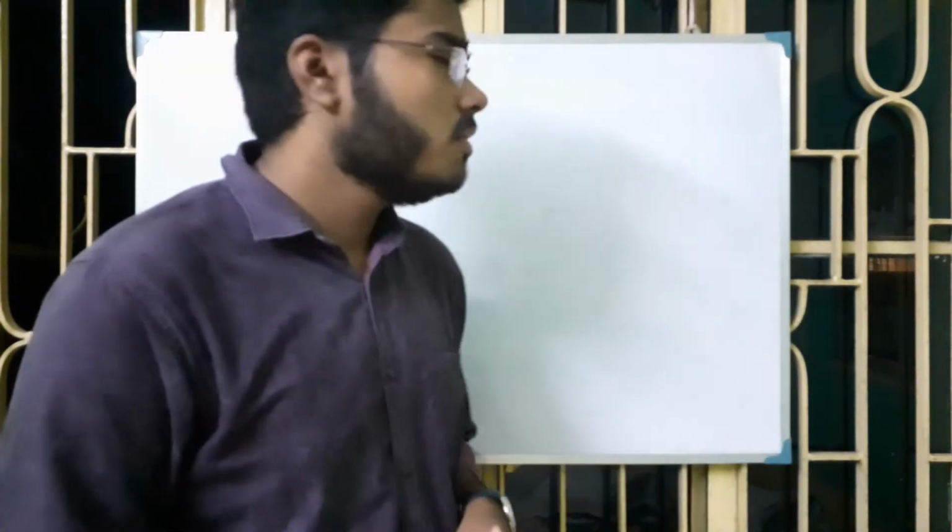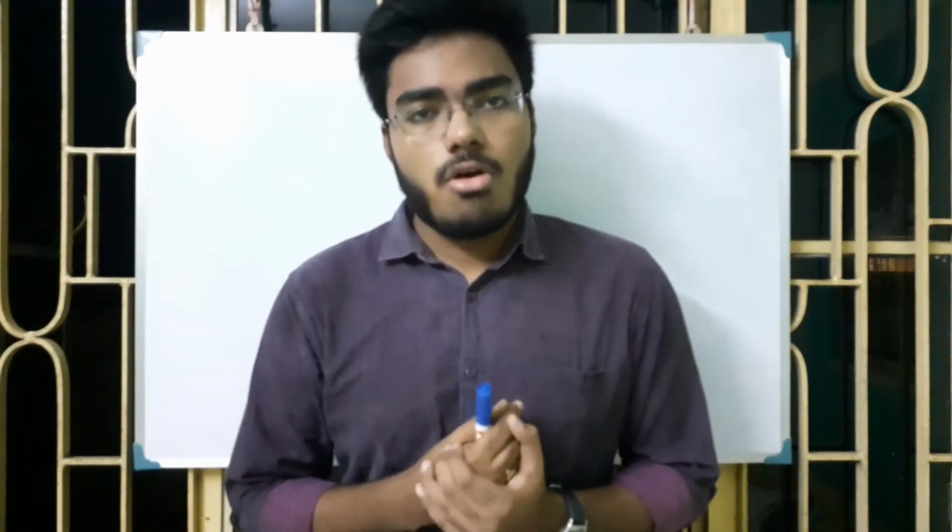In the previous 5 videos, we have discussed the topic of trigonometric functions, and we have learned many basic formulas of this chapter. Now we will learn how to solve trigonometric equations and find the general solution of trigonometric equations. We have already learned that the values of sine and cos repeat after the interval of 2 pi, and the values of tan repeat after pi. Using this concept, we will learn how to solve general trigonometric equations.